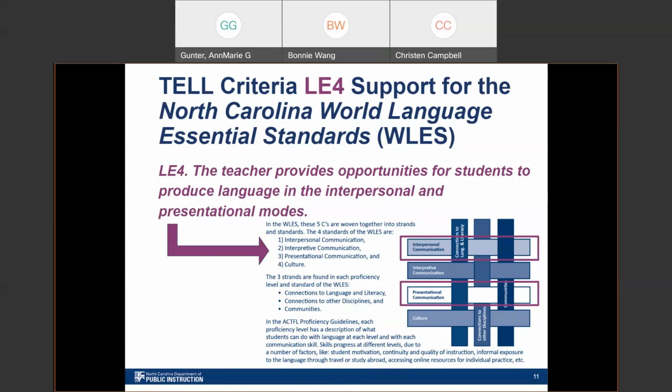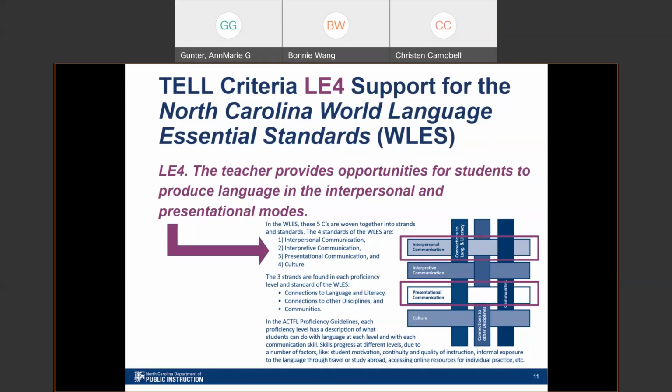I'm going to go ahead and put a link to those administrator guides in the chat box so that you can get them if you need to. These are posted as part of our materials for our World Language Essential Standards. They are created for exactly what it says, to help our administrators understand our World Language Essential Standards. The weave graphic itself is on page 1 of all of the administrator guides documents.